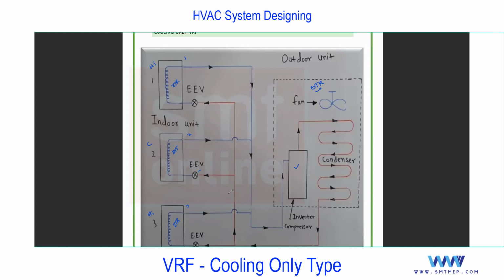Because we have multiple indoors now, we cannot place this expansion in the outdoor unit. This is one point. And the expansion is of automatic type. So you see the electronic expansion valve, and this electronic expansion valve has a communication cable